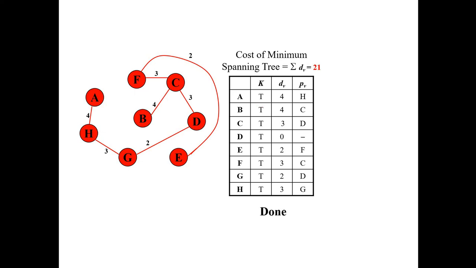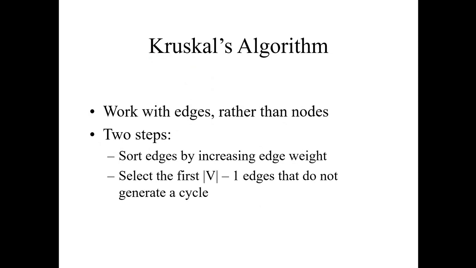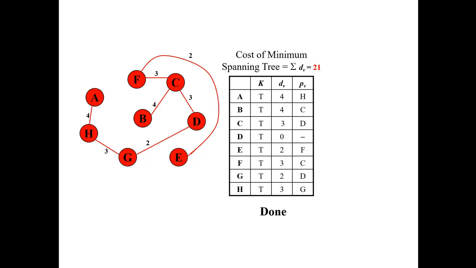This is the greedy algorithm, the cost of the minimum spanning tree. Now you can count. We are trying to find the minimum spanning tree, the minimum path, which means the minimum cost. So you can calculate 4 plus 4 plus 3 plus 0 plus 2 plus 3 plus 2 plus 3. So the total is 21. So total 21 is the cost. So 21 is the distance here. This is the example of Prim's algorithm. This is one of the greedy algorithms that I have shown you.